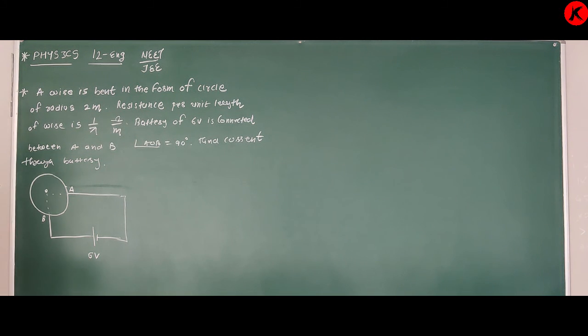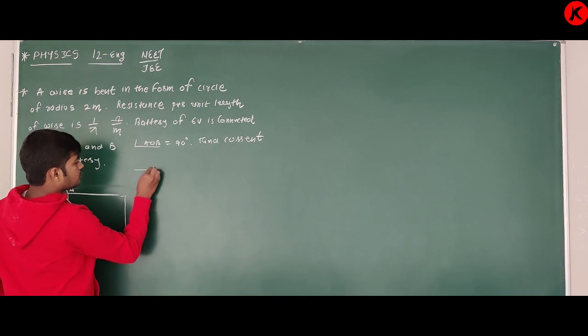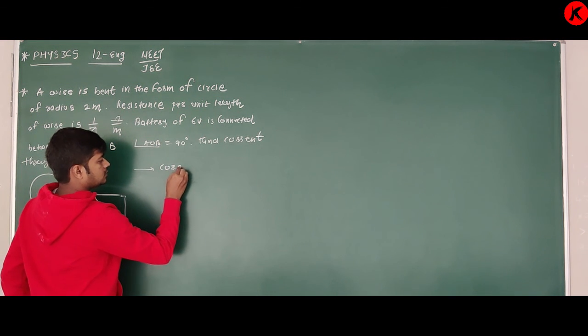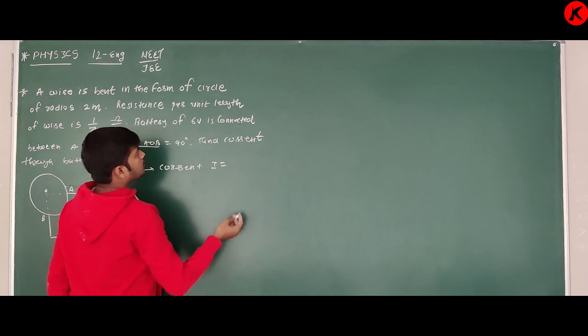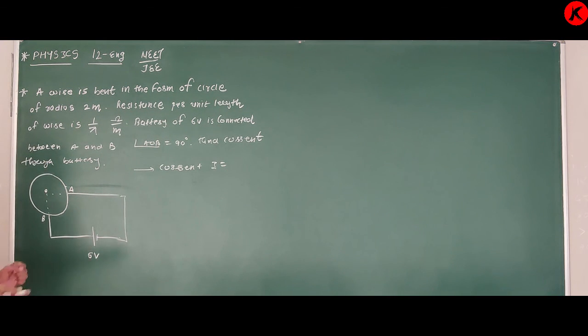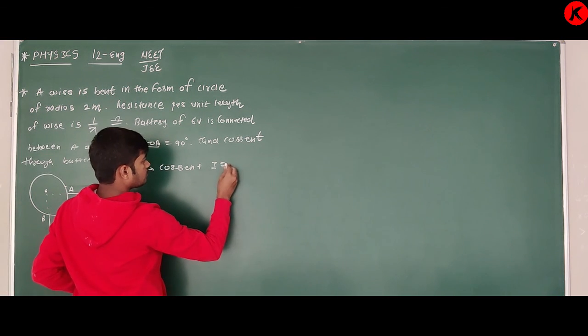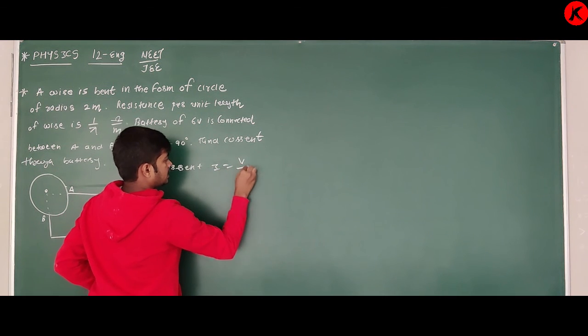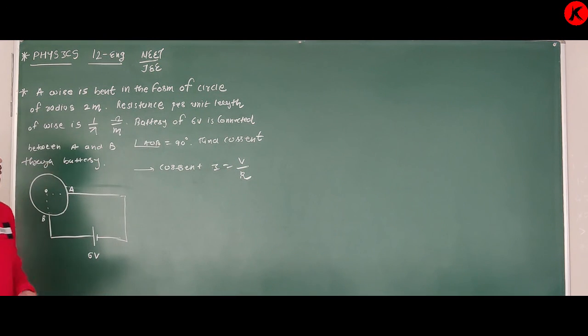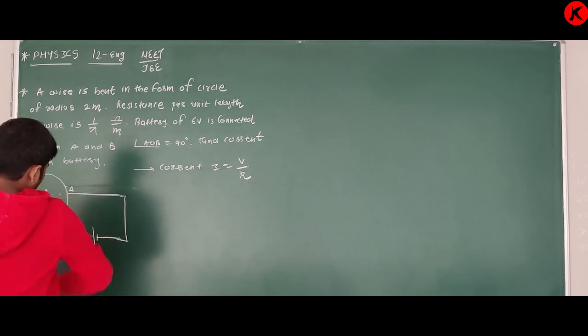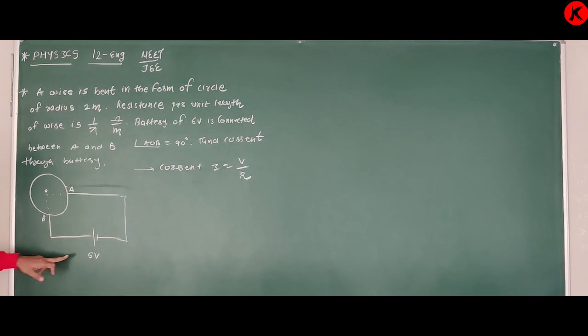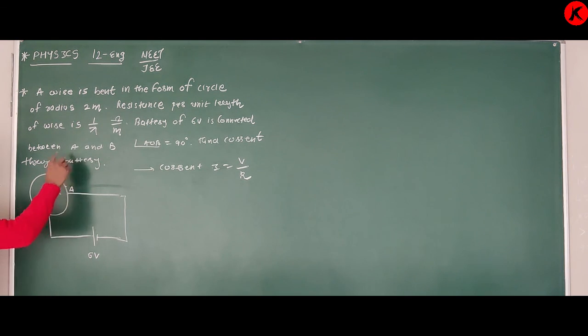Now what is the equation of current? We know that the equation of current I is equal to V upon R according to Ohm's law. That is, 6 volt is given. What is R? Now see, here you are given